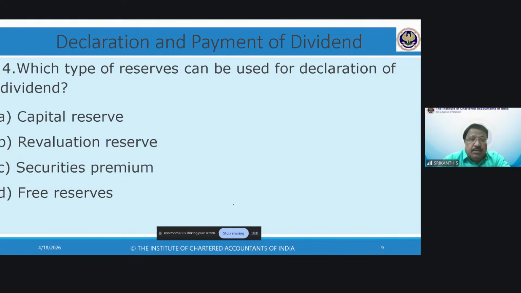Boss, you sell that asset, realize the profit, that difference, and from that you can declare dividend. That is different. But from a notional revaluation reserve, you cannot declare dividend, nor can you allot bonus shares out of it. Prohibited under the Companies Act. Earlier, before 1997, there was a guidance note by the Institute of Chartered Accountants, I think it's still there, on capital and reserves. In that, they said revaluation reserve cannot be used for declaring dividend or issuing bonus shares, which was a guidance